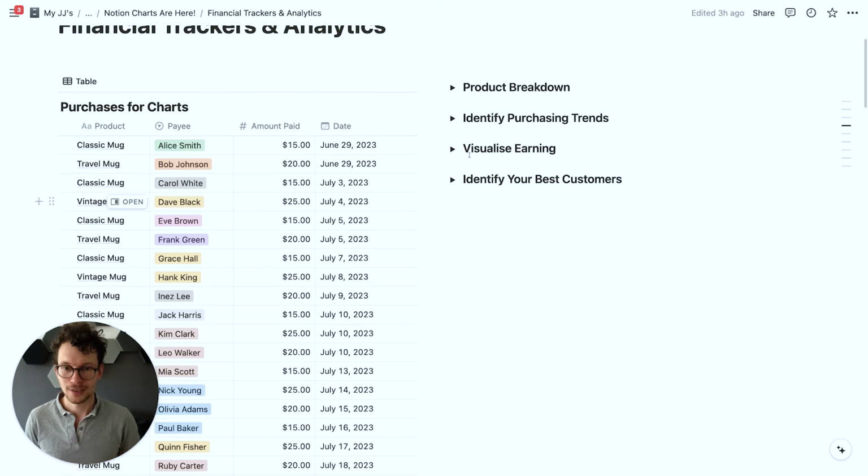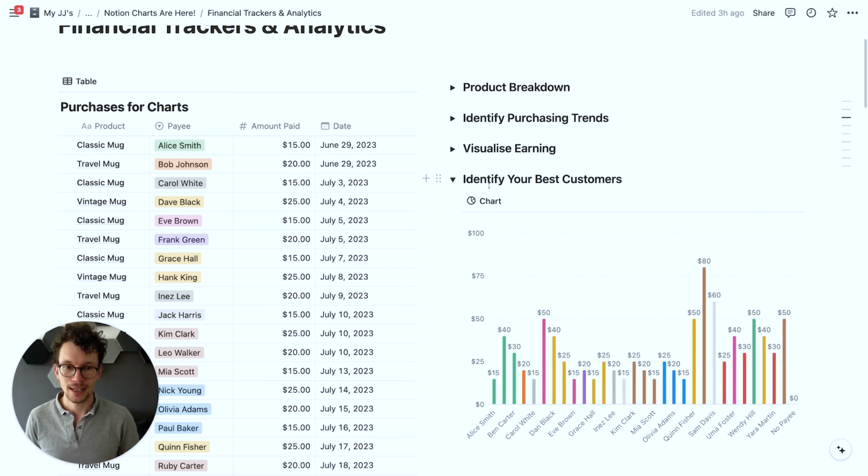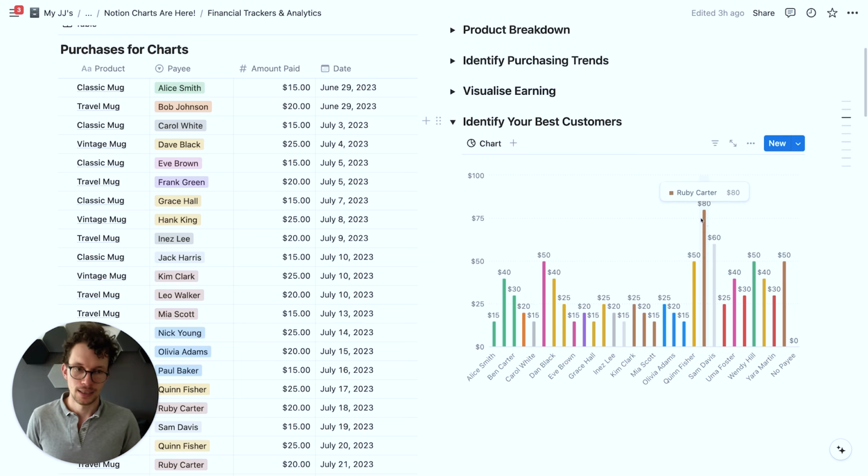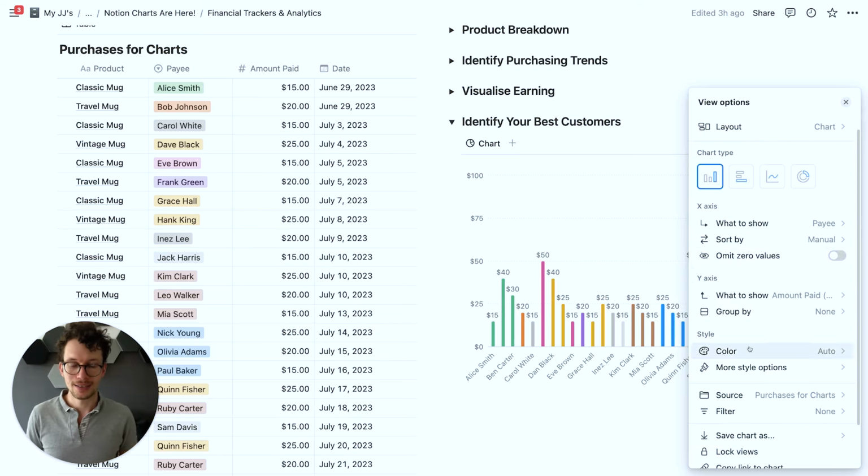And then last but not least, we can identify our best customers and say, okay, give me a chart and break it down by the person who bought it, right? That's what I have on my x-axis. And then I want to have the value that they've spent on here. Now, one little drawback with this is that currently, unfortunately, charts don't allow us to limit the number of elements